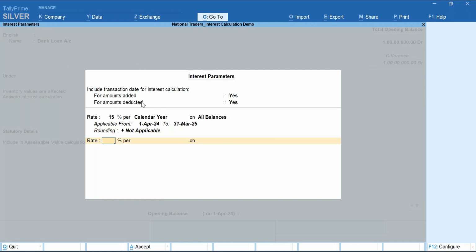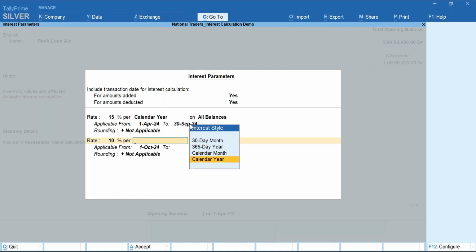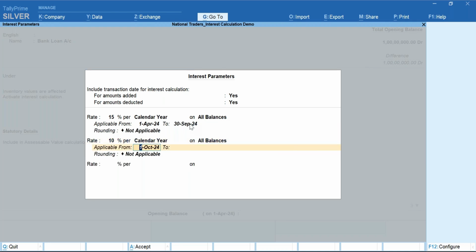Okay, and in case for the same loan, different parameters are applicable for different dates. For example, suppose I have taken this loan and I have told the bank that within 2 years I'll be making the repayment. Based on certain conditions, the banker would have allowed you to pay the interest, first year it will be high and second year it will be lower. So 1st April to 31st March, I'm charging 15%. Or you can say first 6 months, so let me consider 30th September 2024 here. And then it will be 10%, from 1st October, I'll be charging till 31st March